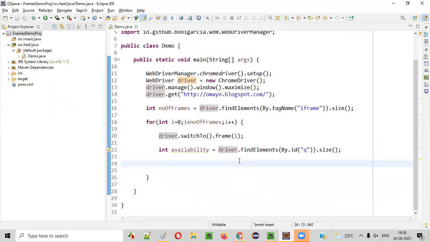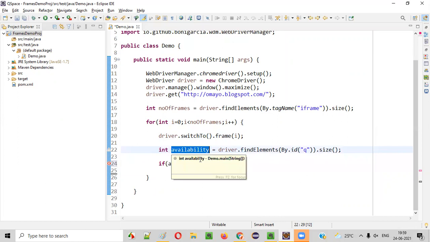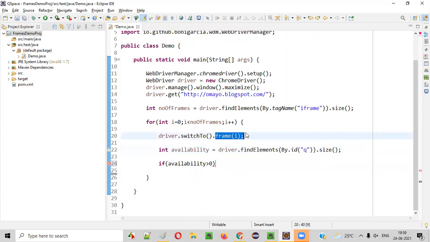Now I'm going to write an if condition. If this availability is greater than 0, because if it is 0 then there is a problem, right? Either this size will return 0 or 1 here. If this element is available inside frame 0, then the size will return 1, and greater than 0 means 1 only.